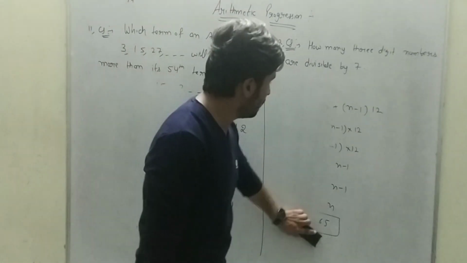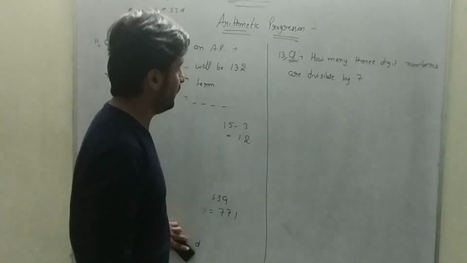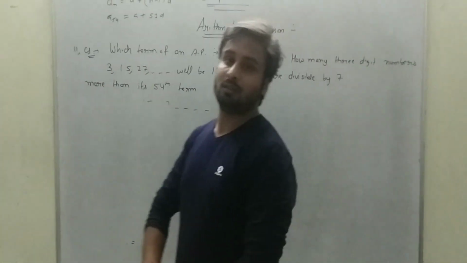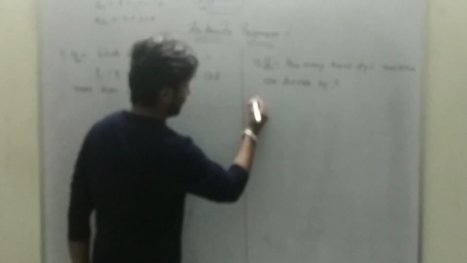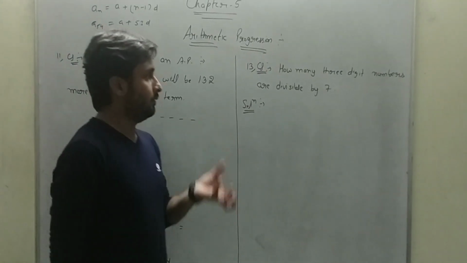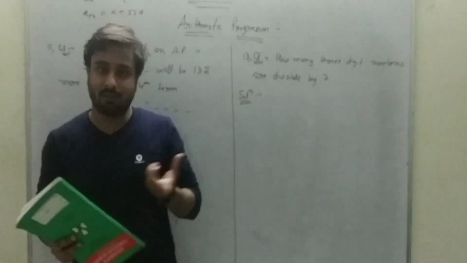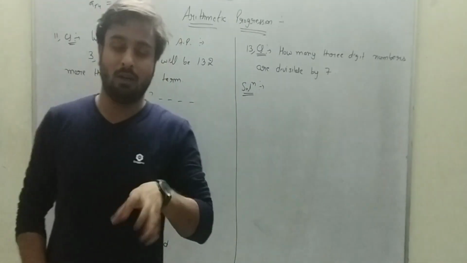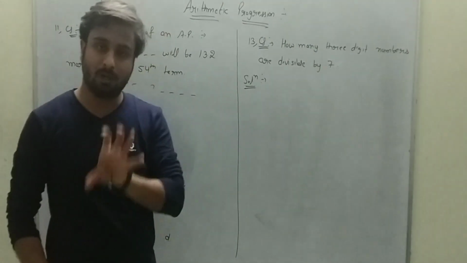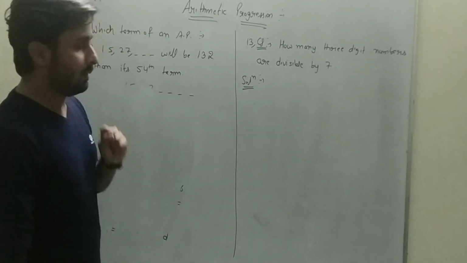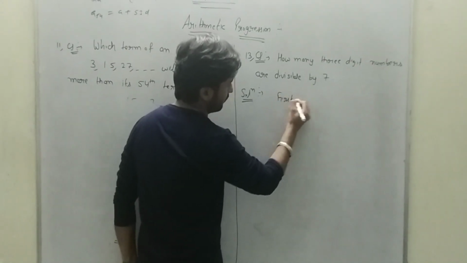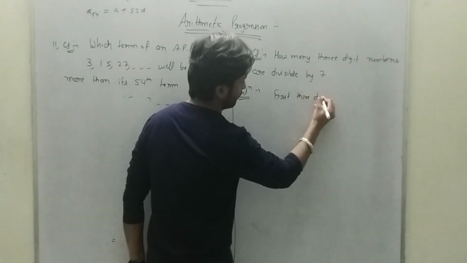It is written already. How many 3-digit numbers are divisible by 7? This is a very common question, and it is very interesting as well as important. We have to find how many 3-digit numbers exist which are divisible by 7. So tell me, for 3-digit numbers, first...